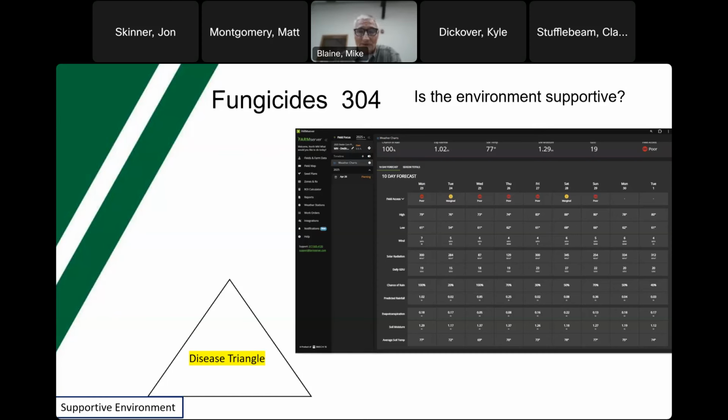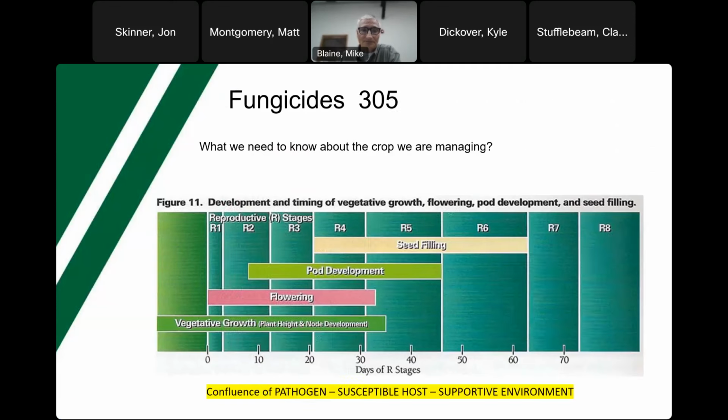How can that tool, regardless of the other things that we do or don't know about it, be a very valuable tool if we are managing field conditions that aren't agreeable to ground application? Thinking about the crop we're managing, I have a white mold management example coming up, and it's really about that conflict. When we look at soybean growth for indeterminate soybeans, that confluence of the pathogen, the host, and